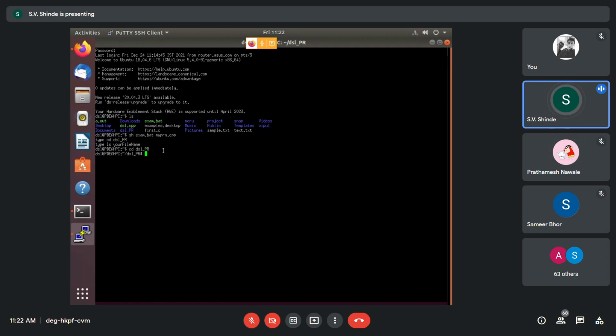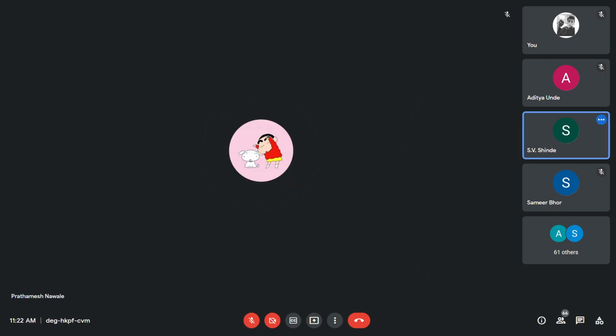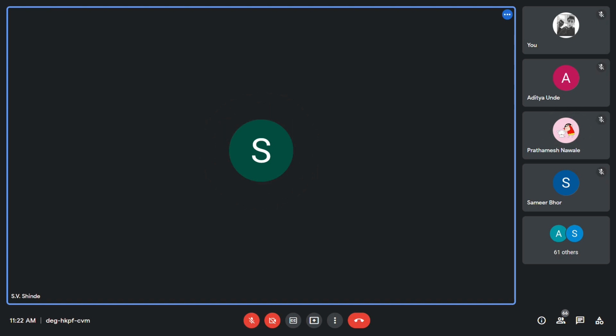So you will be redirected to where your file has been created, and give ls. You can give ls with your file name or directly type ls over here.